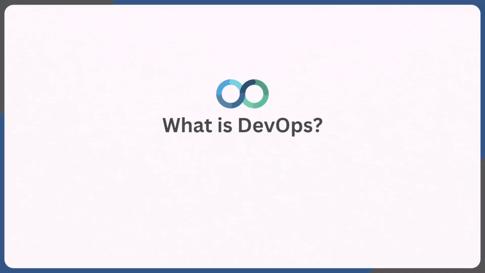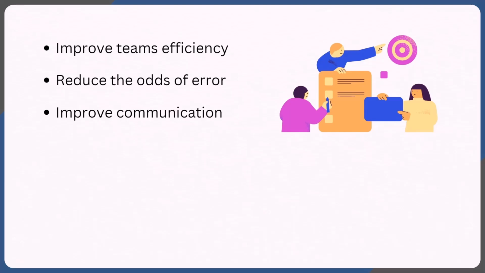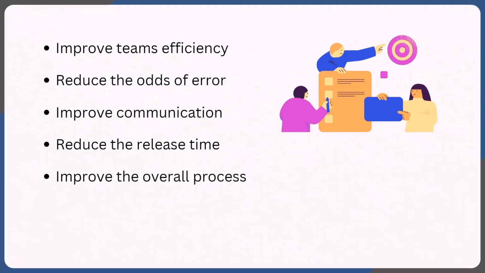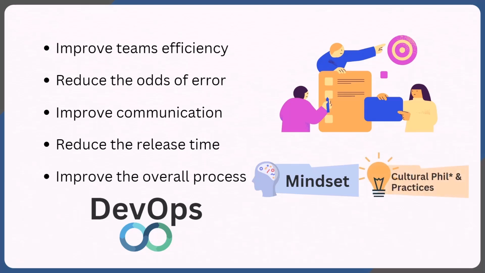So what is DevOps? Anything we can do to improve the team's efficiency, reduce the odds of error during production, improve the communication between teams and encourage communication between cross-functional teams, reduce the release time, or improve the overall process is what is DevOps. And all this can be accomplished with a combination of mindset, cultural philosophies and practices, tools and